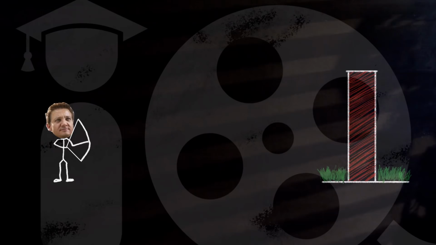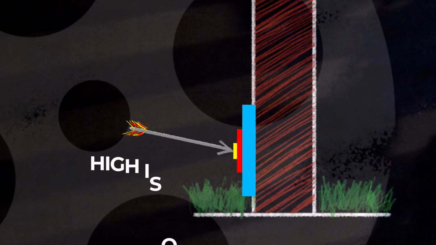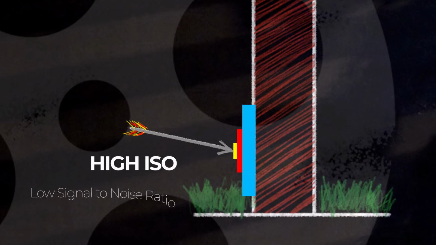Let's go back and finish my Hawkeye analogy. Let's say Hawkeye spent all night partying at the defeat of Thanos. Oops, spoiler alert. So today he's tired and he can only get the arrow so it lands down here at the bottom part of this wall. If our target's down there, at a really high ISO, there's a lot of weeds down there creating a lot of noise. The resulting image will be very noisy because our exposure arrow, which is on target, is so close